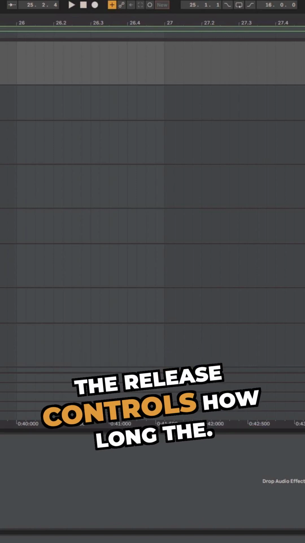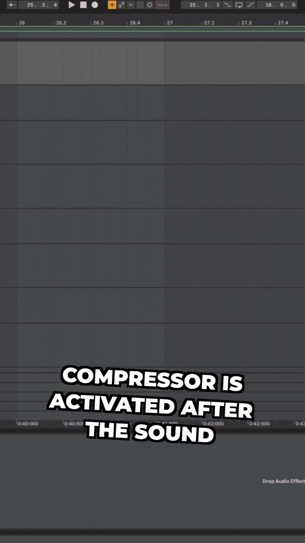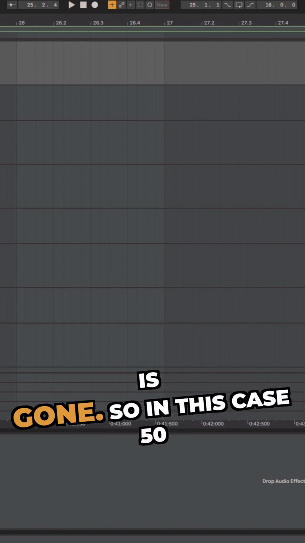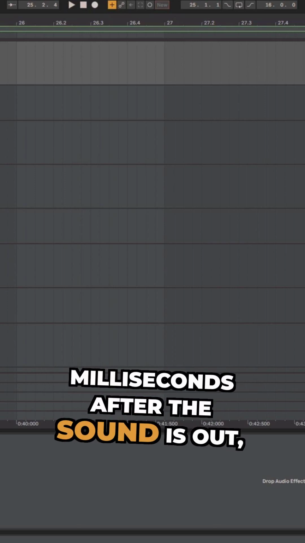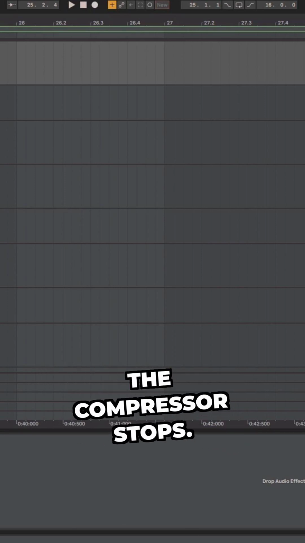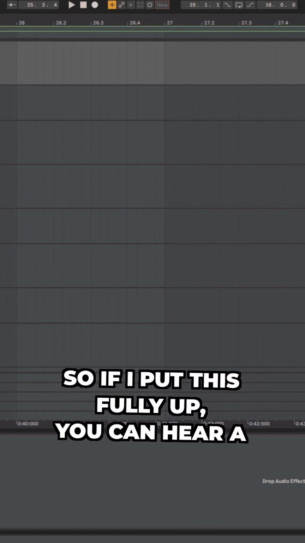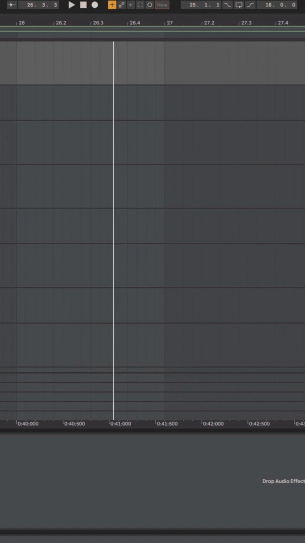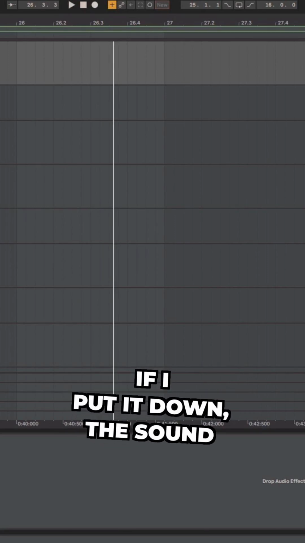The release controls how long the compressor is activated after the sound is gone. So in this case 50 milliseconds after the sound is out, the compressor stops. So if I put this fully up, you can hear a big delay of 3 seconds. You can see it exactly here. If I pull it down,